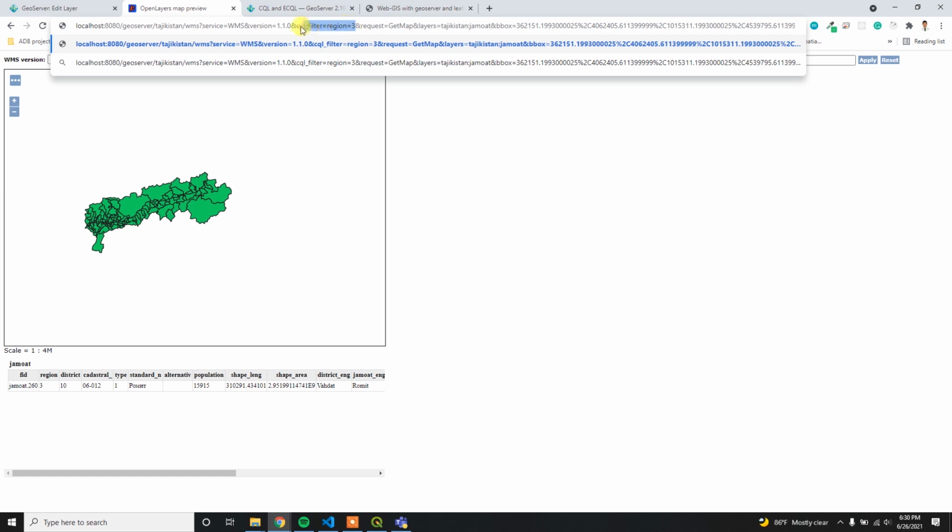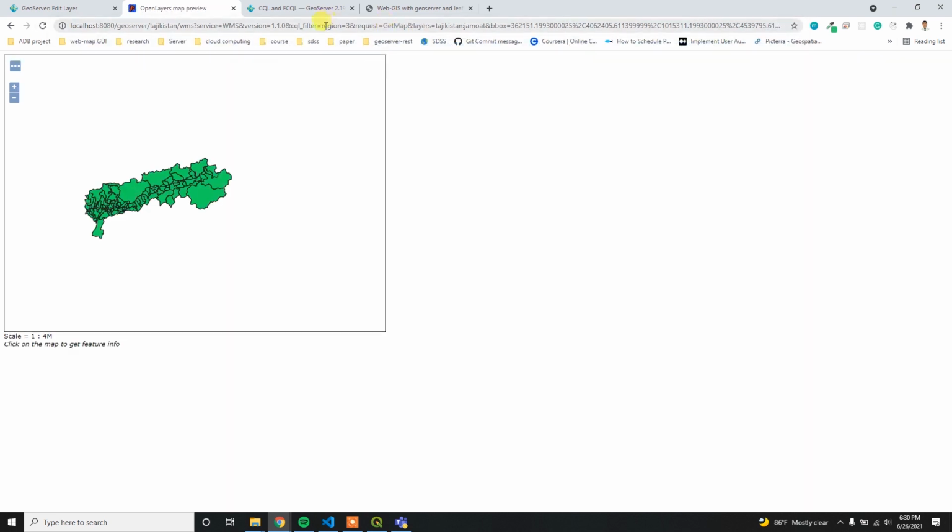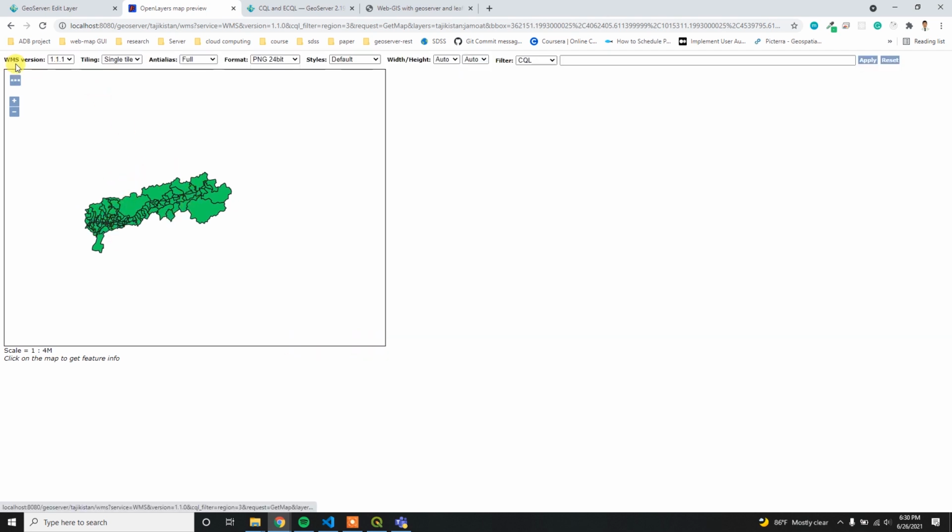You have to remember this code. So cql_filter equal to region equal to 3. If I press enter, it will automatically provide us the same filtered layer. You can see here we don't have any CQL filter in the preview, but we are getting the same layer. That means it's filtering from our URL.